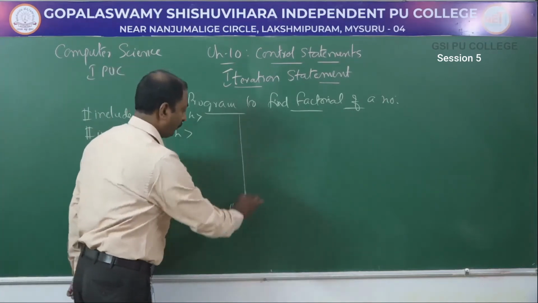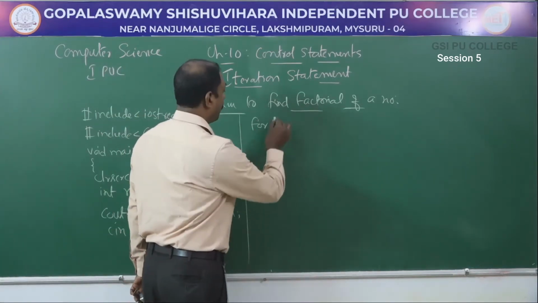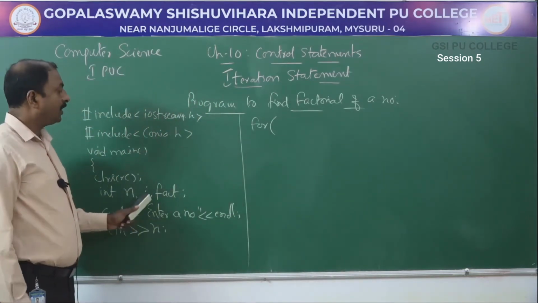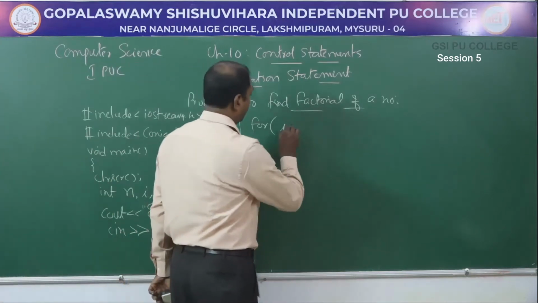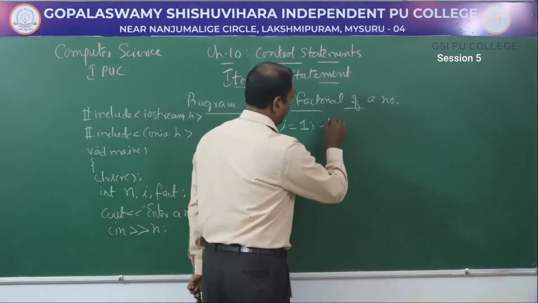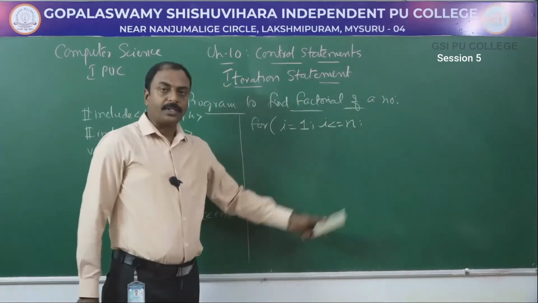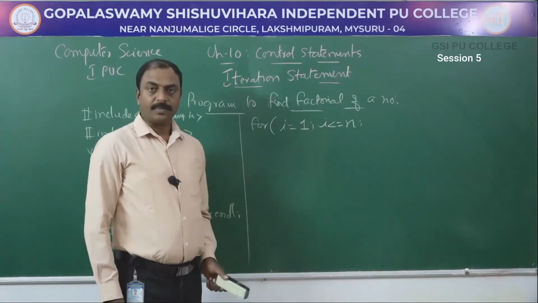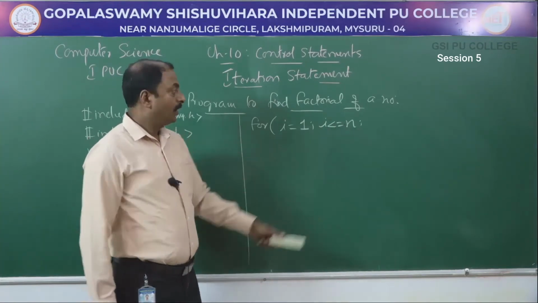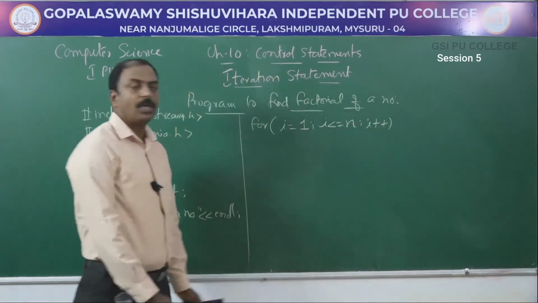So, next we have to make use of a for loop here. Here the given number is n and the loop control variable is i. So, we can write i starting with i equal to 1, semicolon, i less than or equal to n. So, this is the logical condition here. We have to keep multiplying the numbers from 1 up to the given number n. Then it is increment, it is i plus plus. See, this is how we use the for loop.